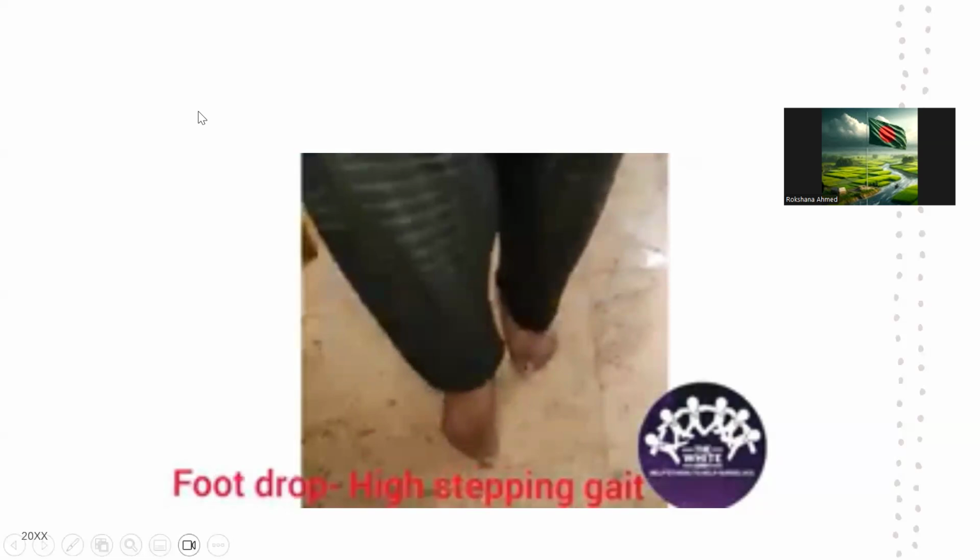So, what could be the causes? What is the difference between toe walking and this high steppage gait? In case of toe walking, just the toe touches the floor, not the heel. But in case of this type of high steppage gait, the toe first touches the floor, followed by the heel touching the floor. And now the description: in the video I can see a 14 year old male